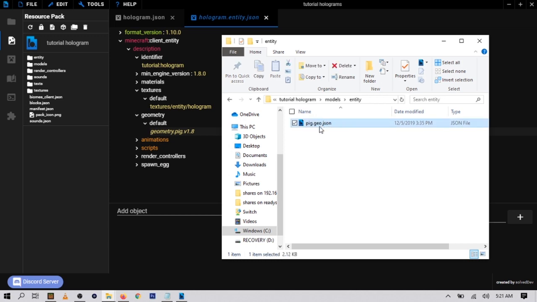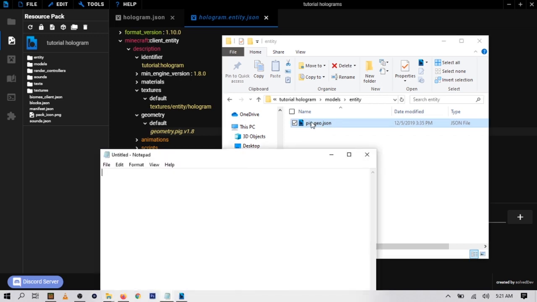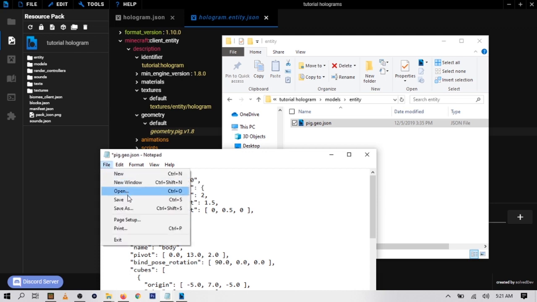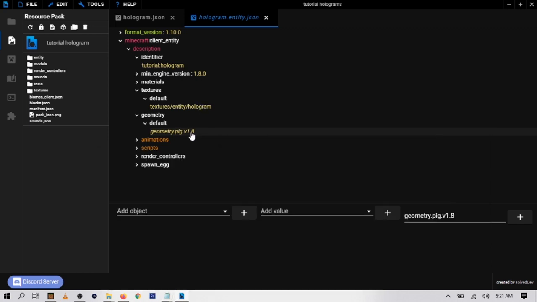So you could open this in Notepad. Just open this in Notepad, and here where it says geometry, that pig is the same name that's here. So you want to change where it says pig to hologram or whatever you want, and save it. And then here you want to also change where it says pig. Leave the dots, leave everything, just change where it says pig, and change it to whatever you renamed it to